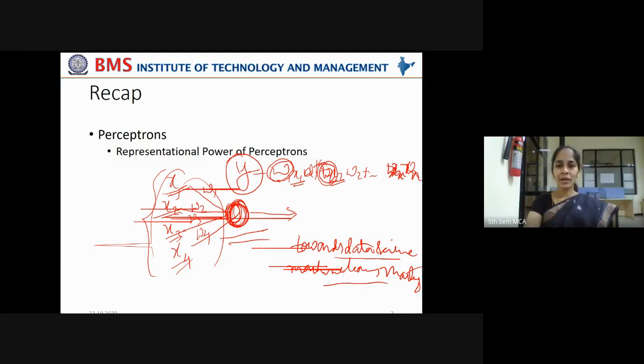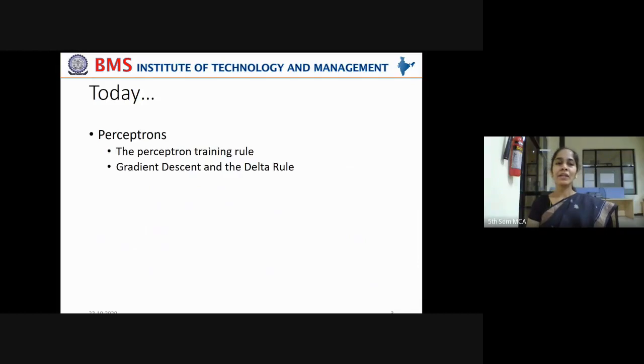Now let's come back to our content, that is learning about these perceptrons. We have also seen how these perceptrons can be used in representing Boolean expressions, Boolean functions like primitive functions like AND, OR, NAND, NOR, and how still a single perceptron is not enough to represent a Boolean operation such as XOR. In that case, we have to go for multi-layer perceptrons. Okay, all that will come across as we go further. Now in today's class, we'll see how the perceptron training rule is optimized and what is gradient descent and the delta rule.